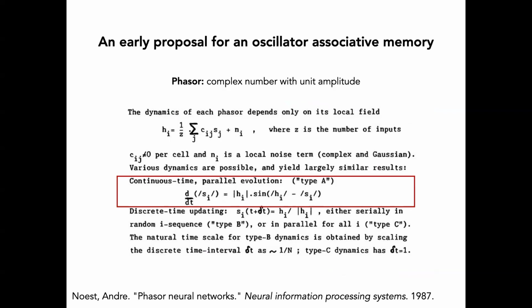And the key idea here is that if you have a popular network model that has -1 and +1 values, you can think of those as a special case of a complex valued associative memory network that is quantized into two particular states. But in reality, you can also design an associative memory network such that any complex number with unit amplitude, which is called a phasor,